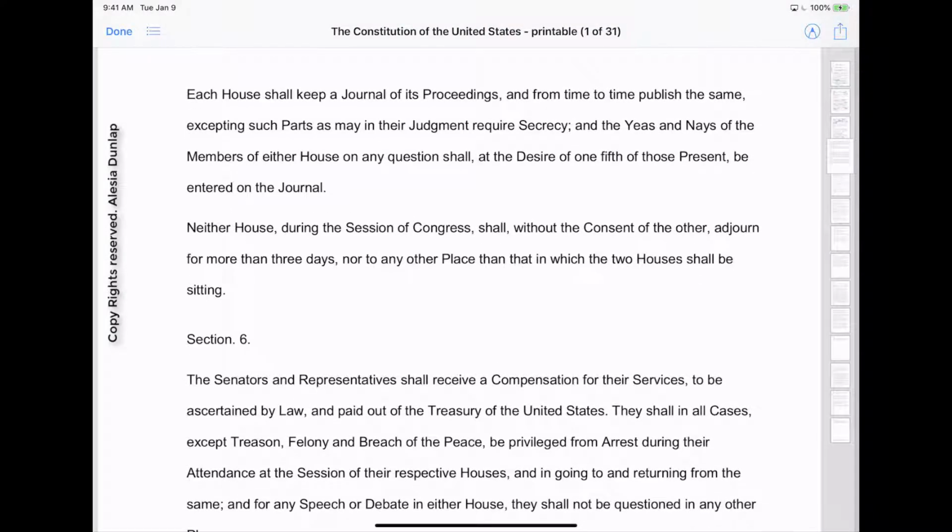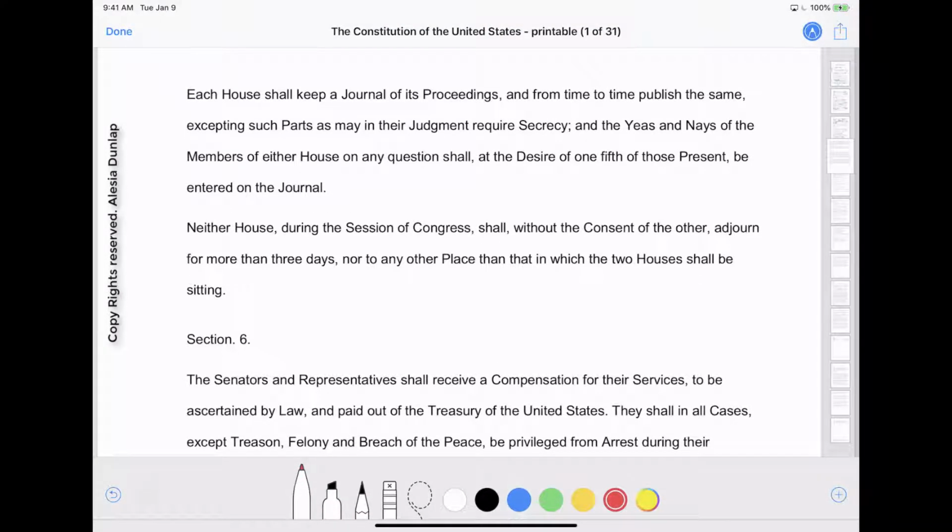Let's move on here. So Congress is required to keep and make their own records of their activities, and will publish these records from time to time. And they can keep some of those records confidential, so they have discretion on whether they want to keep such proceedings confidential if they want to. Now, these records are known as the Congressional Record, and it also includes how a member voted on a particular law.